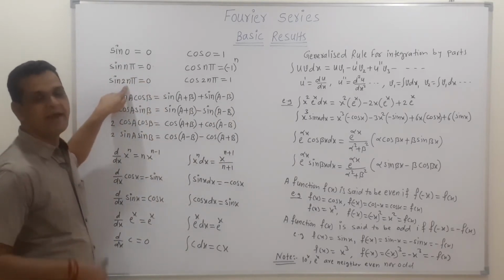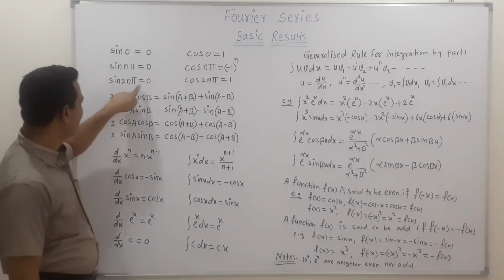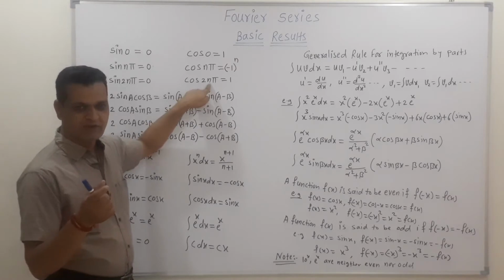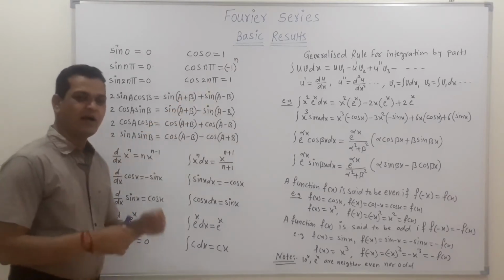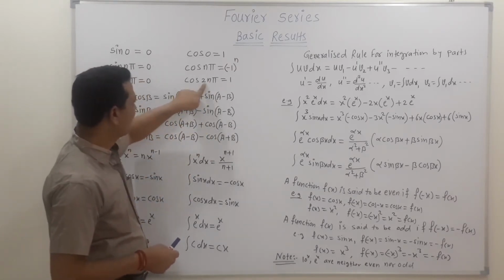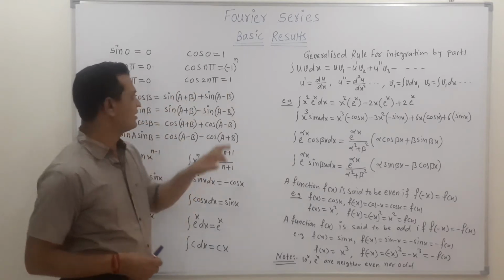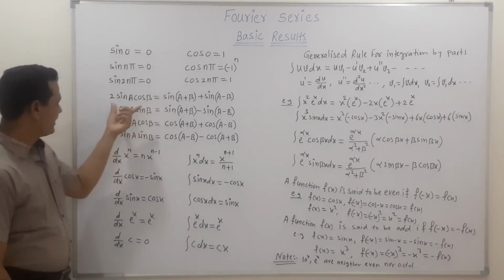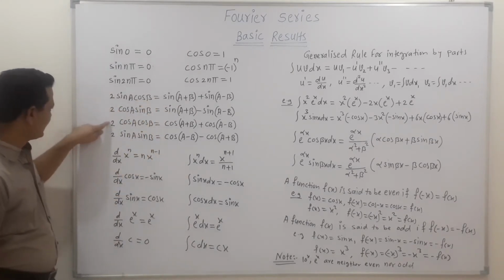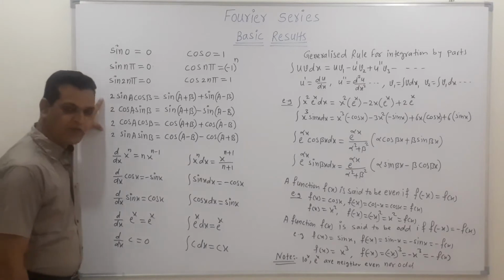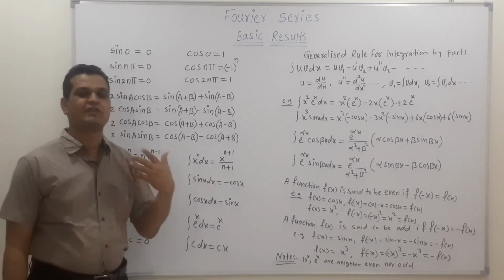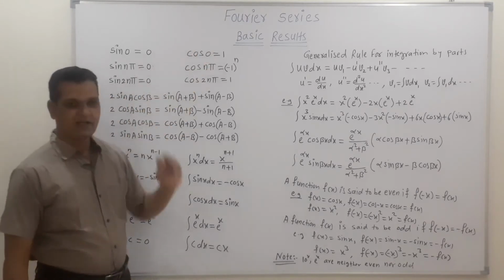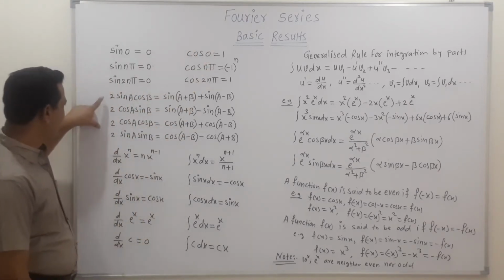This is the particular case: if the value of n is even, then we get this value as 0. Again here, the value of n is even. 2n means an even value. If we multiply n by any even number, then the whole number becomes even. So this value is 1. This is the particular case of the second result. Now friends, these are the four results: first, second, third and fourth. We already use these results in learning linear differential equations, Laplace transformation and inverse Laplace transformation. So for learning Fourier series also we require these four results.